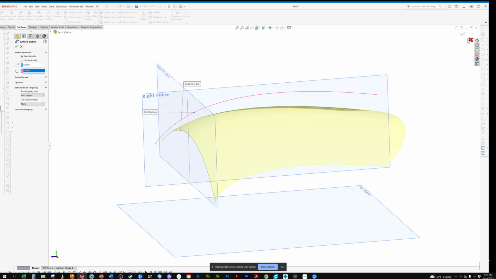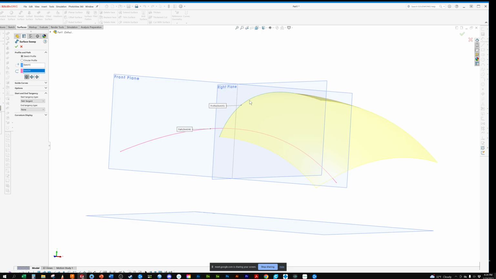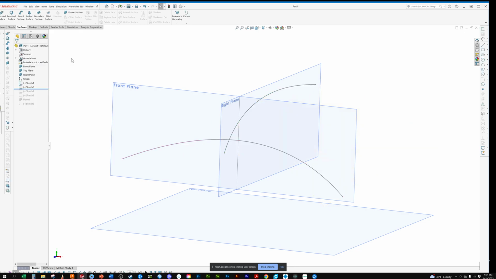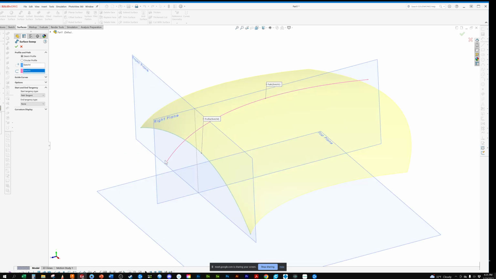If I was to come back, I could select this as my path, or my profile, and this is my path. And now you see what happens is that it follows, the surface starts at where we select it first. So it's going to start where the profile is. Now, let me just go back and show you one thing again here. So if I use that as my profile, this is where it's going to start. We're going to do our path, and that's where it's going to be. And you can see it does the full width,